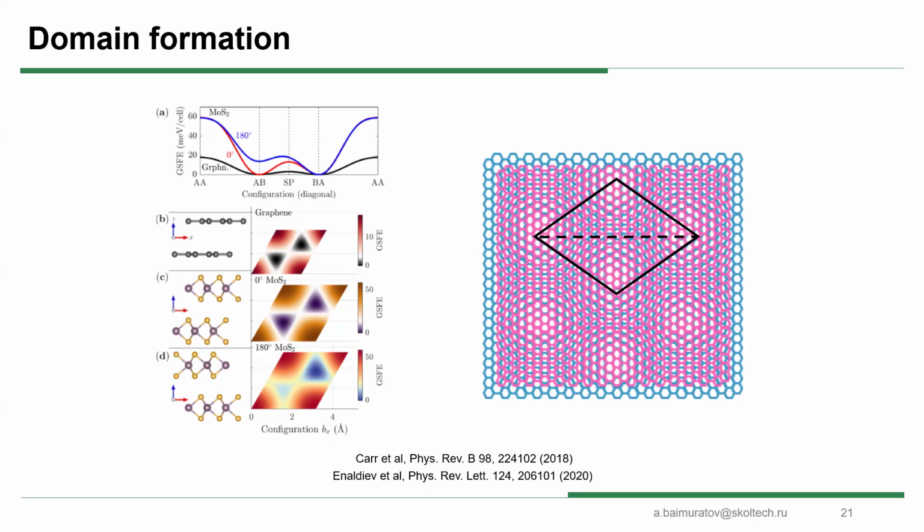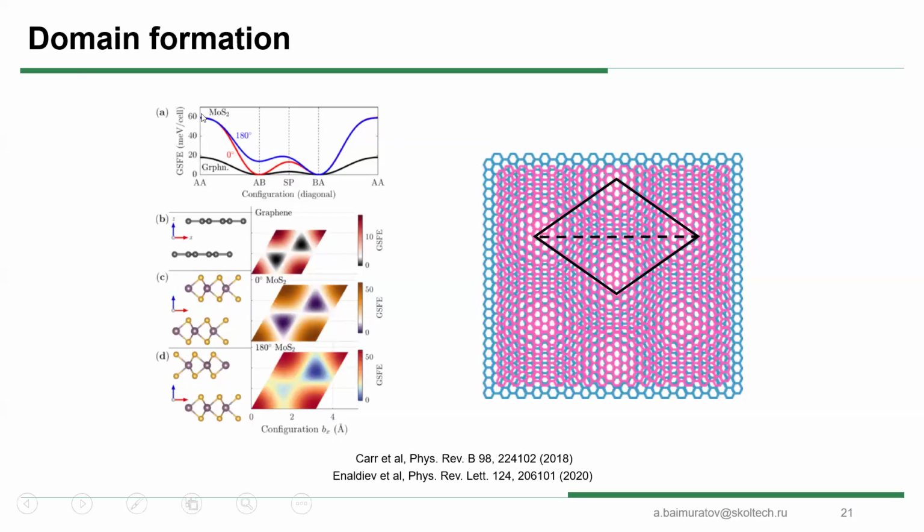I believe you know some parts of that: you can introduce domains in these Moiré systems. When you have a very small lattice mismatch, it will be very effective. And here we chose a system where the lattice mismatch was very small. It was tungsten diselenide and molybdenum diselenide. The mismatch is less than 1%. And again, we can introduce this interlayer energy, GSFE or adhesion energy. Here we'll call it GSFE because I calculated them from zero, but it doesn't matter.